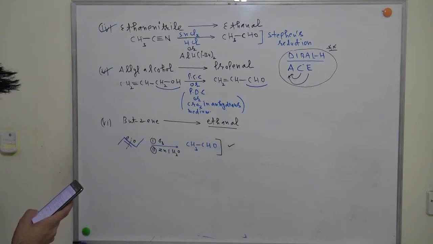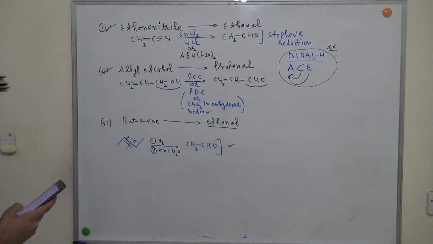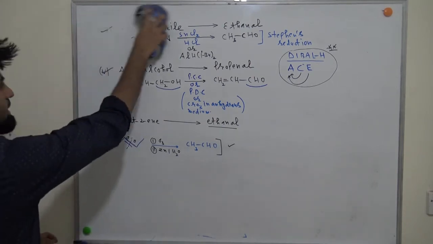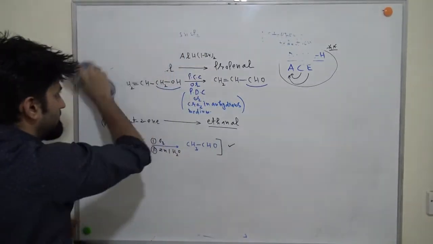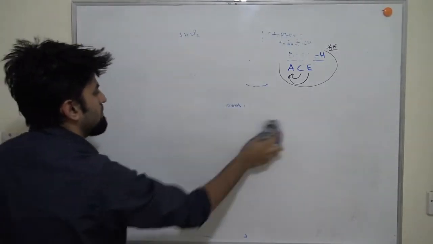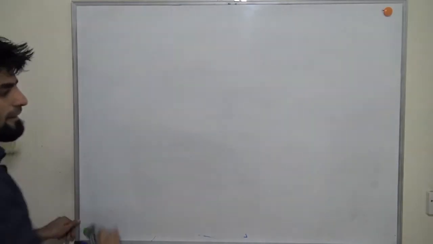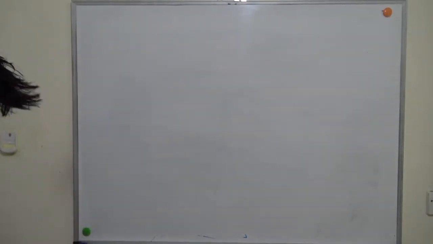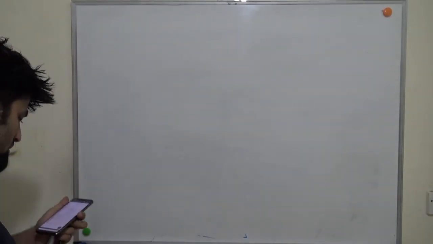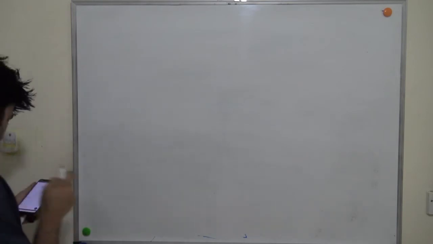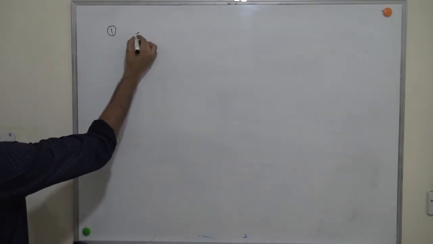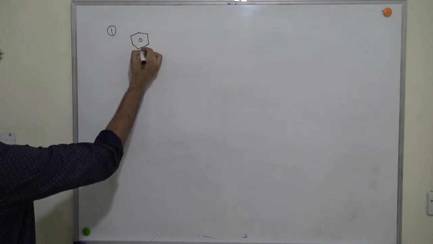Okay, so these are the questions that are given as examples in your NCERT, right? These are the example questions, very very important. Now I'm writing some in-text questions also that you have to solve. So what are the in-text questions? In-text questions are, you have to write the products now. They are not asking you the conversion, they are asking you to write the products.